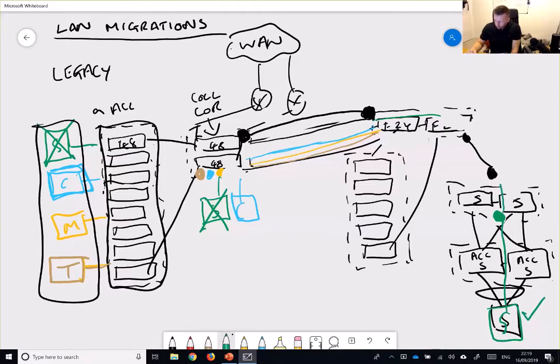It then comes out the top of the server switches, which are routed to the core, which then routes to the legacy switches, and then that would route up out to the WAN if it needed to get there. And the same migration methodology would also be followed for the other VLANs.